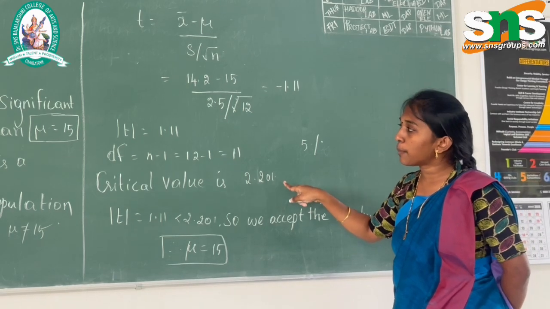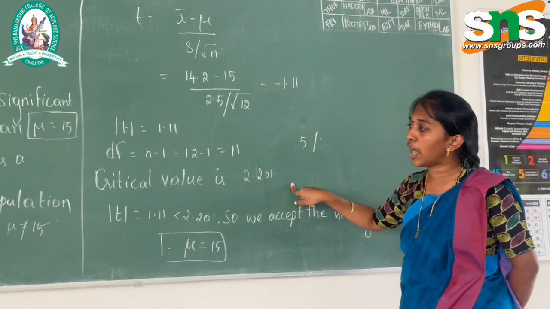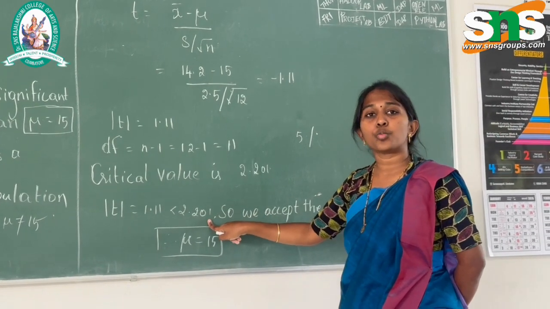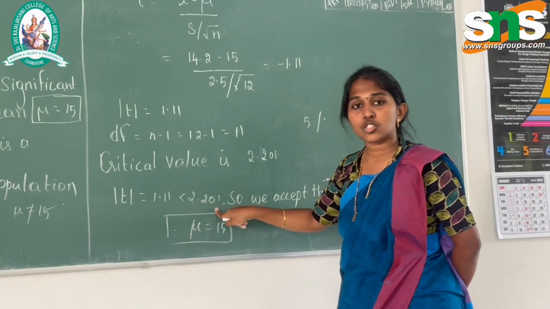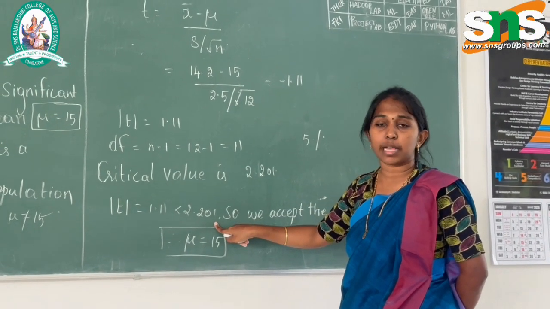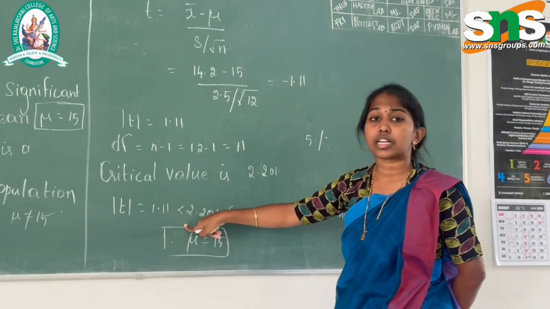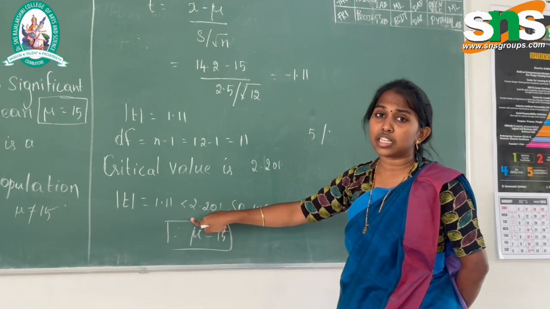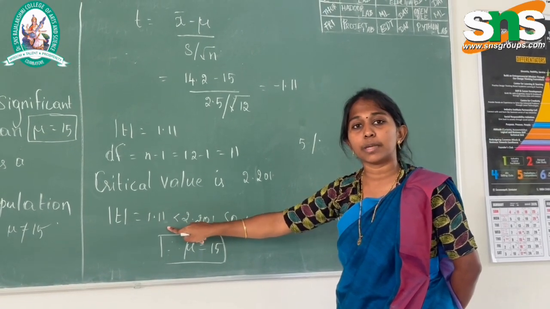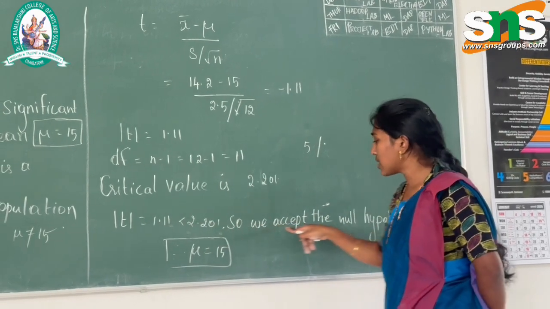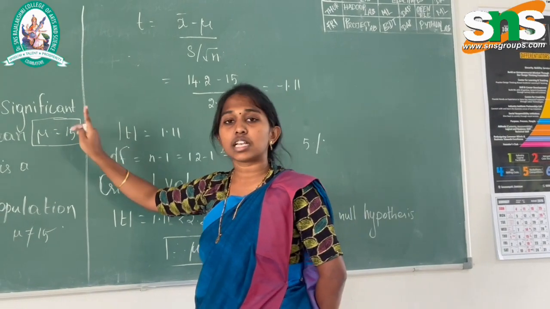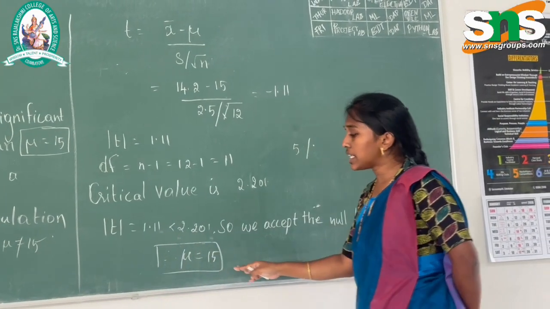Now we are going to compare the calculated value and the table value. Here the calculated value is 1.11 and the table value is 2.201. While comparing, our calculated value is less than the table value. If it is less than, we accept the null hypothesis. If it is greater than the table value, we reject the null hypothesis. In our case, the calculated value is less than the table value, so we accept the null hypothesis. If we accept the null hypothesis, the answer is that there is no significant difference in the population means, which implies that the mu value which will be